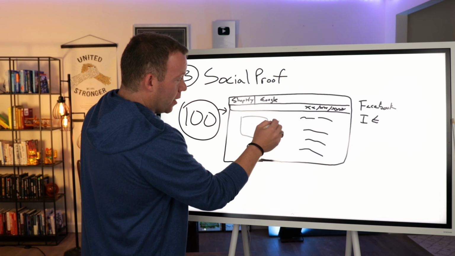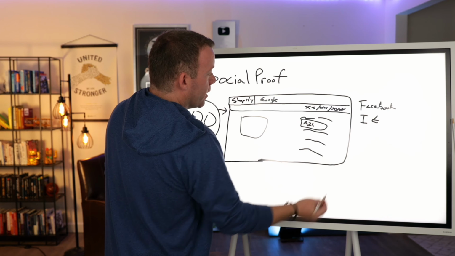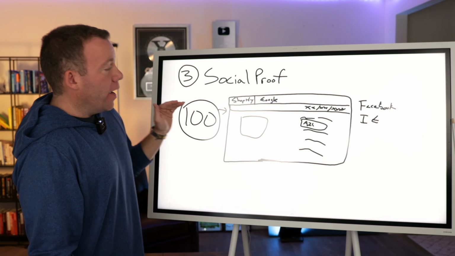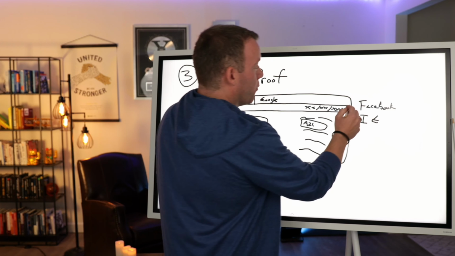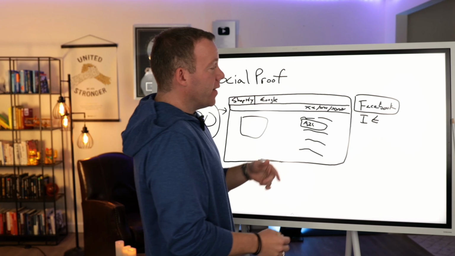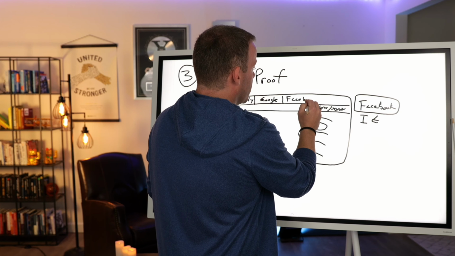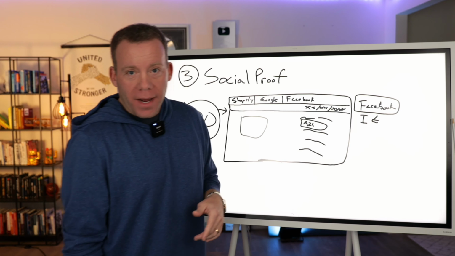But the reason that's important is because when this type of shopper, the percentage out of the 100 shoppers, is on your store and they're looking at that add to cart button and they're wondering, should I trust this company or not? They're going to Google you. And if the first thing they see in the Google search results is a Facebook page for your store, and they click that link in a new tab, and they see that you have a Facebook page, but you haven't posted in 4 years, they're probably going to think you're out of business, right?